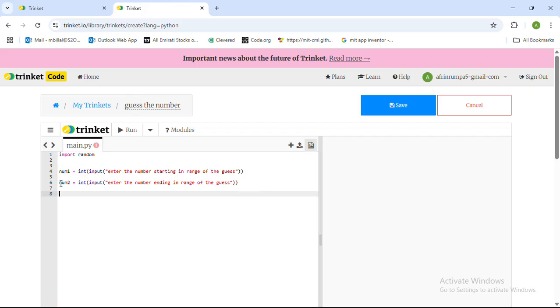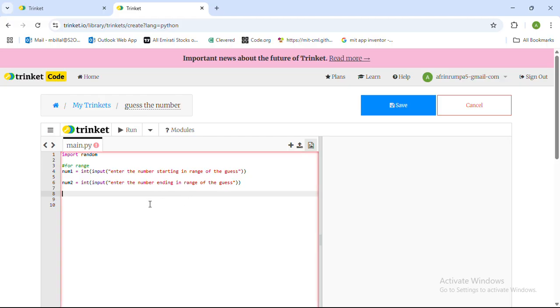Now, if you want to put any comment, I'll put this comment as the range. So, of course, shift 3. There, now you put your comment. I'll put it for the range. Now I'm going to press enter twice so that it's clean, not confusing. Now shift 3 again. Let me put the comment of